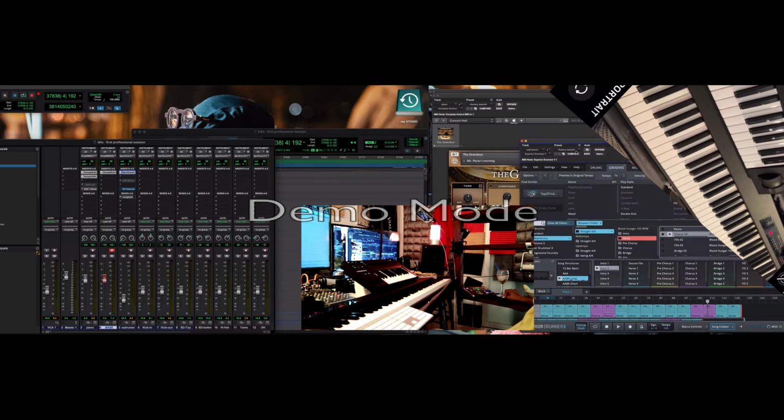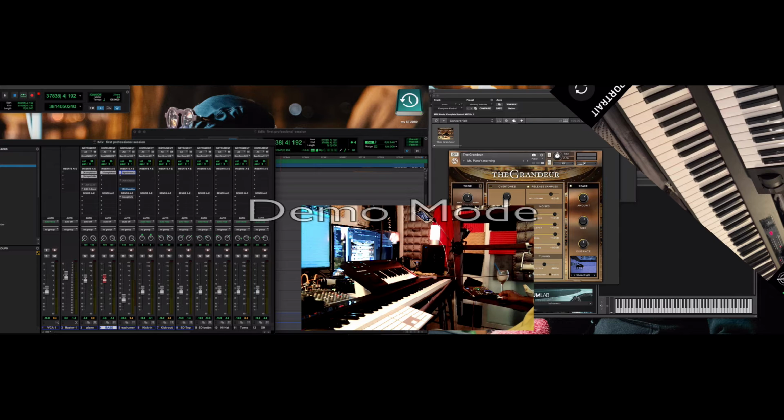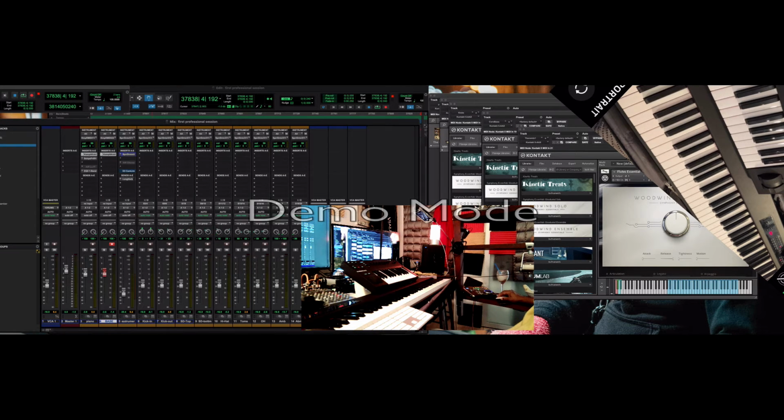Save my window configuration. This is what I was trying to tell the young man. Window configurations. I got all these different window configurations. He used Studio One, and he didn't know what the window configuration was. It's taking a little minute to catch on. Everything is running real slow here. Double click, that's why this window popped up. Window configurations, you know, these are